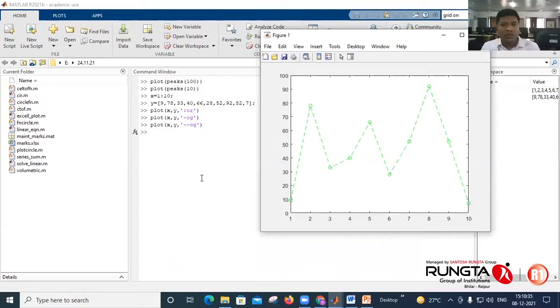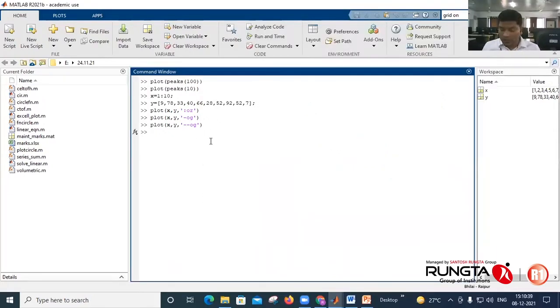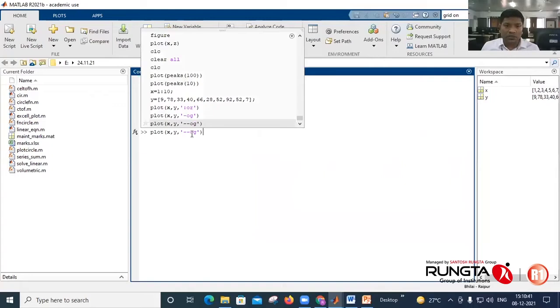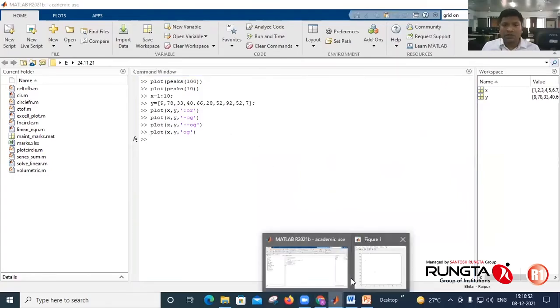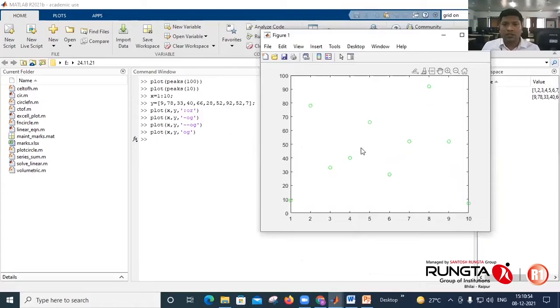If you don't want line, you want only marking points there, so don't specify line components, only specify O and color, enter. This is how it will look. There is no line, there are only mark points.